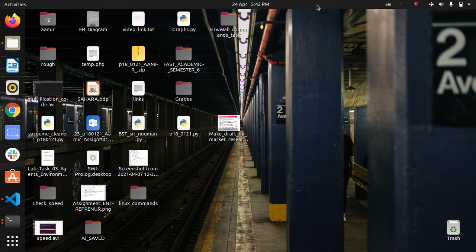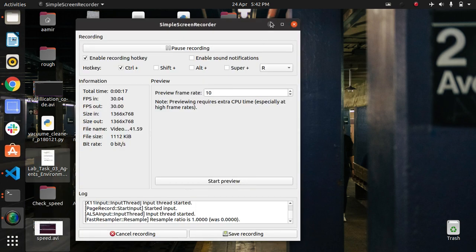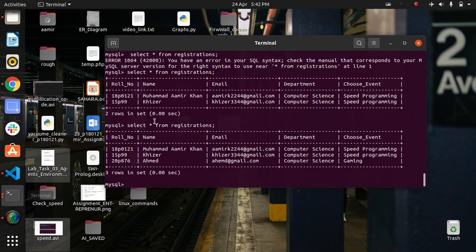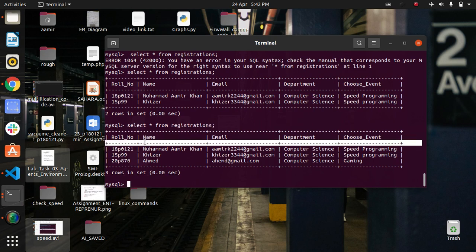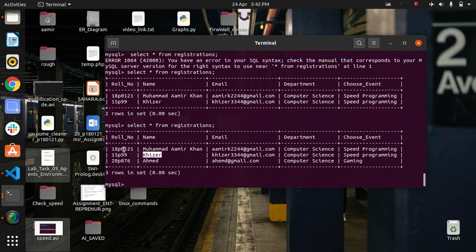So today I am going to show you how to extract data from the database using PHP, and I will be using a prepared statement for this, and we will be doing this in PDO. For example, I have this database which has the table of registration, and I want to extract this row by using the roll number.